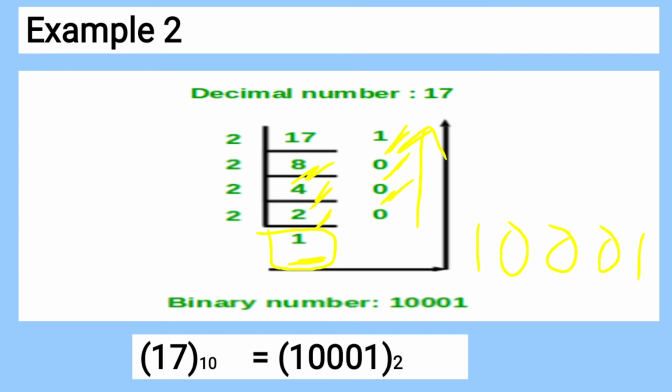But sometimes students forget to take this 1 when they write the answer. That is why in the previous slide it was demonstrated that you solve this example by writing one step, 2 zeros are 0, and write the 1 on this side, so that all your divisions are written on one side and you write the answer this way. Otherwise both the methods are correct. As soon as you get the 1 over here, you stop your division process here itself and you write the answer. Again, this method is also valid. There is no harm in this also.